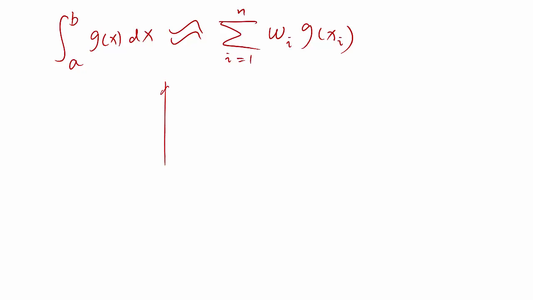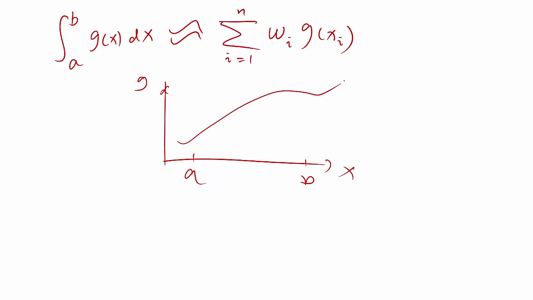So let's say we have a function g of x. We want to integrate over the domain a and b. Gaussian quadrature says that I have a bunch of Gaussian quadrature points within the interval, called x1, x2, x3, x4, x5. And you evaluate the function at g of x1, g of x2, g of x3, g of x4, g of x5,